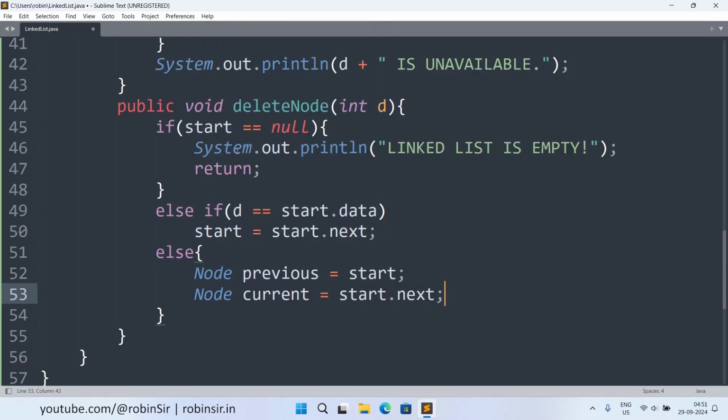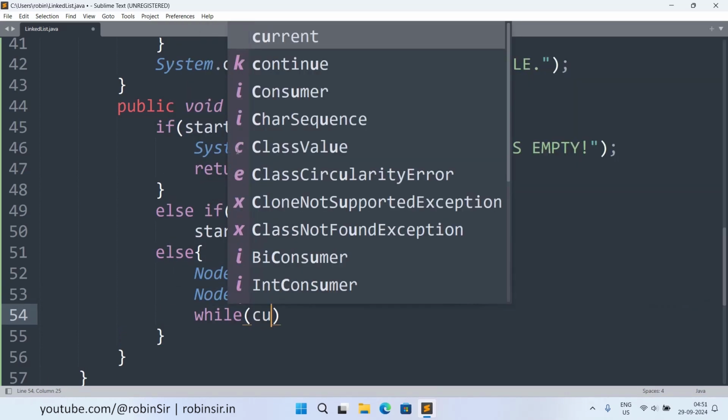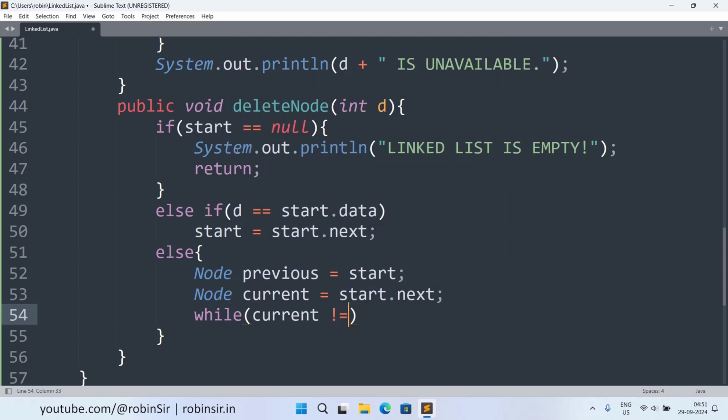So current is going to point to the second node. Now, while current is not equal to null, as long as we have a node in the current variable,